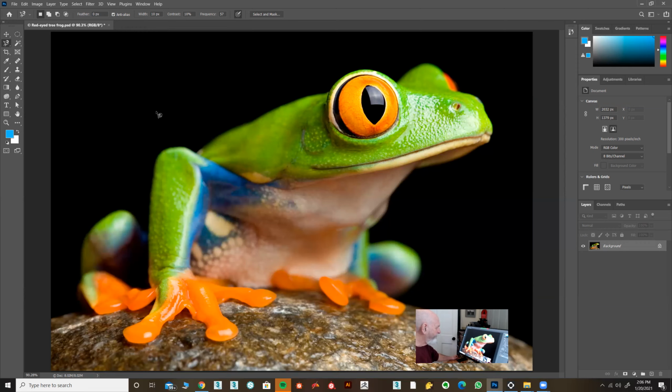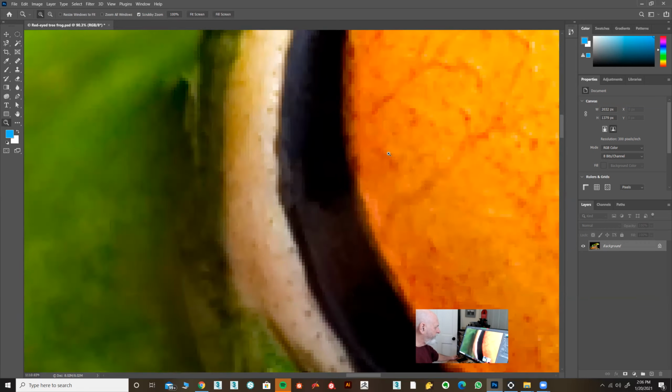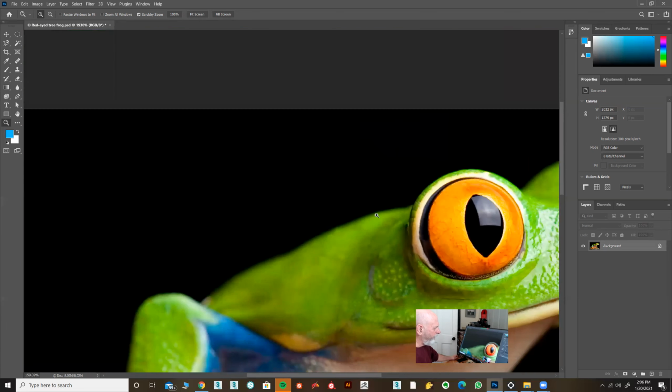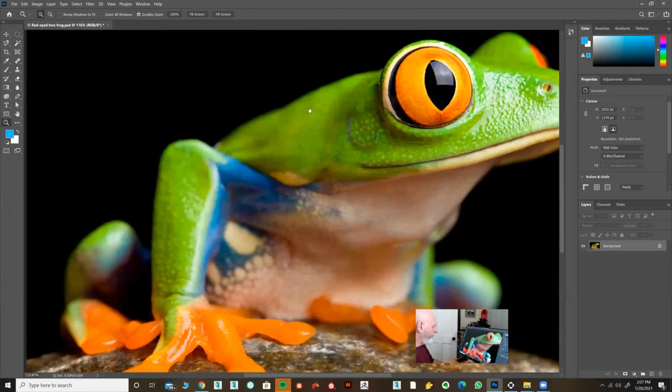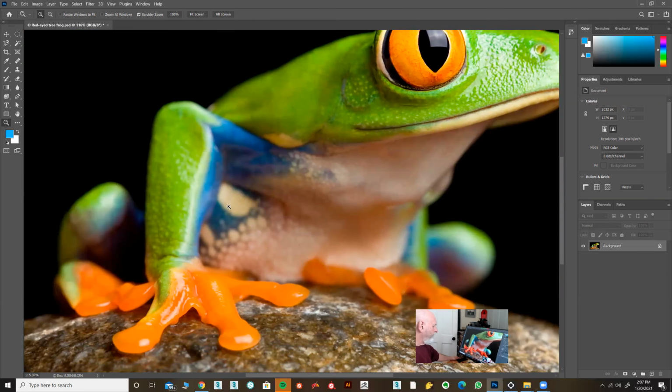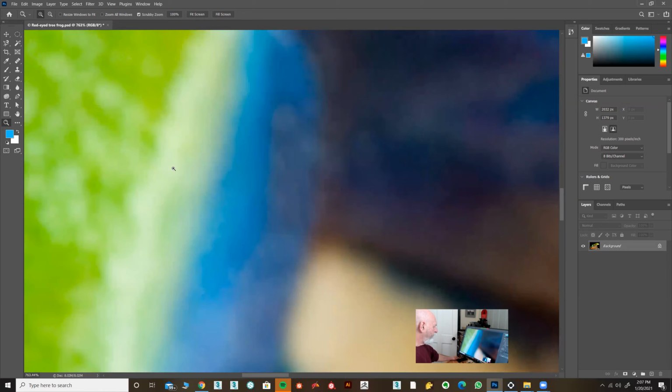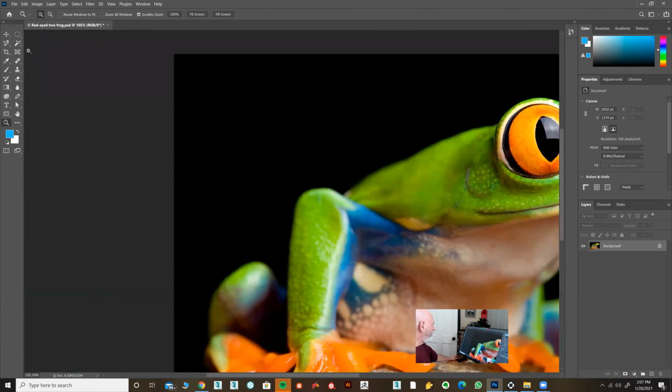Like for example, if you look at this edge here between this orange color and the black, the edge is probably 1, 2, 3, about 4 or 5 pixels wide. But some other areas maybe are softer, and like this between the whitish and the blue is a lot of pixels. So you might need to